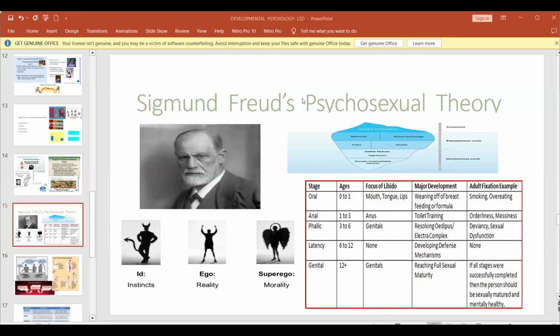Iceberg analogy, or the comparison. For the first time, Freud said our mind has three parts: conscious, preconscious, and unconscious. And to talk about the three parts of the mind, he drew an analogy. The mind was compared to an iceberg. This part, of course, we have discussed, but it's there in Freud's theory.